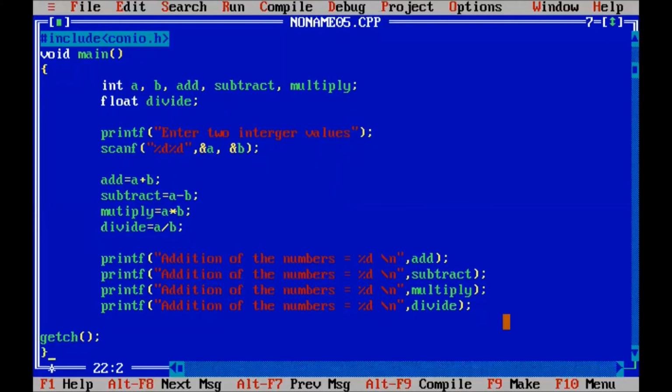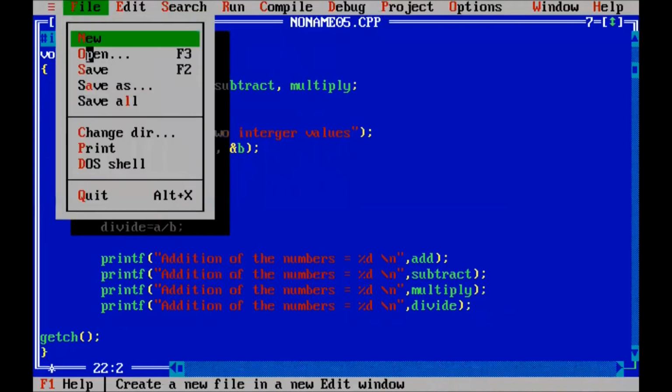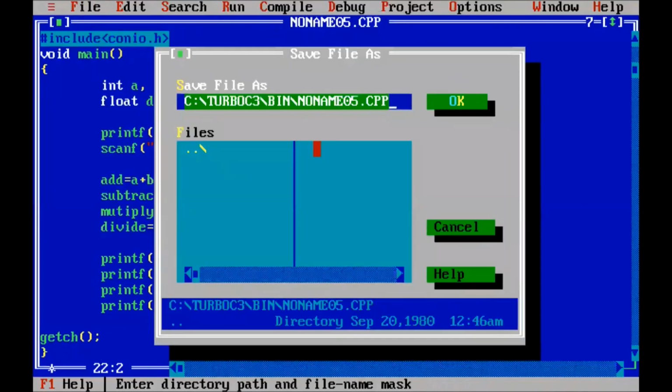Okay, now we will compile this program. First of all, we save this program. We go to File and click Save.